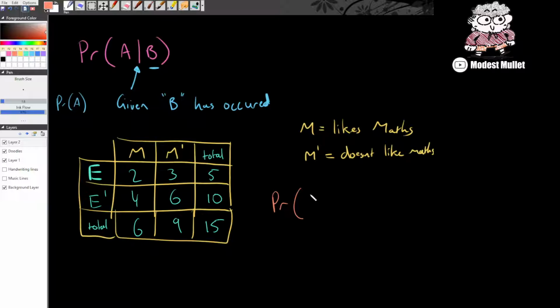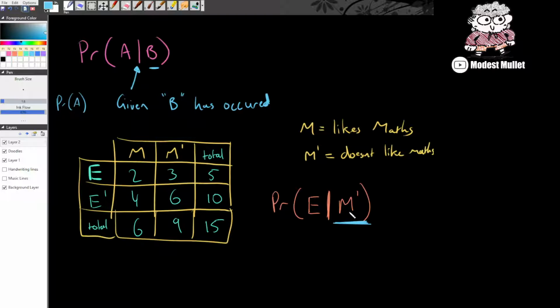Probability that a student likes English given they don't like maths. Okay? So with any conditional probability, start with the condition. Let's start with this condition over here because we've been told that has to have occurred. So in this case, we're being asked to find the probability that a student likes English given